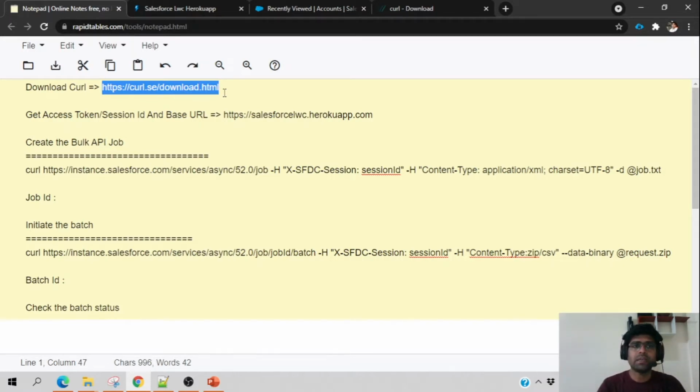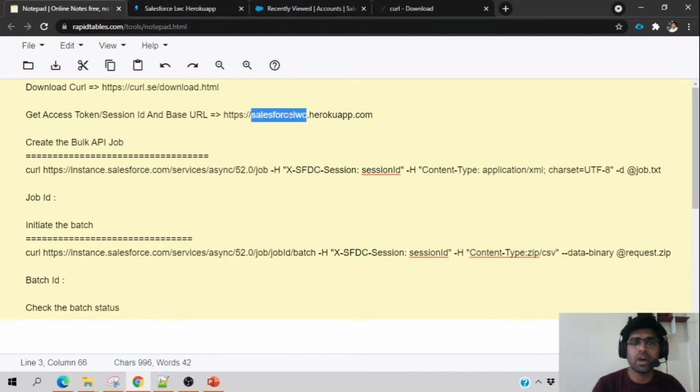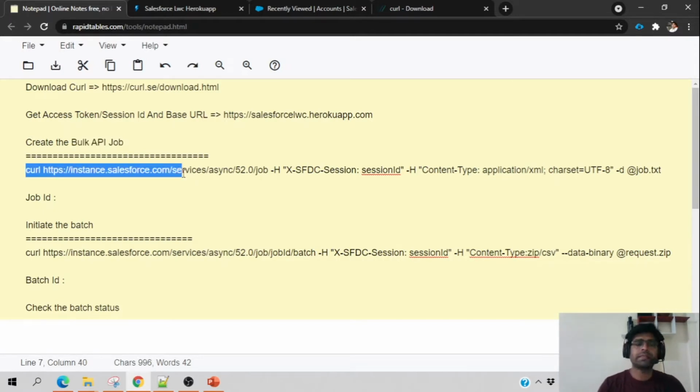For that, we'll use salesforcelwc.heroku to generate the access token and the base URL. Then we will see how we can create a job using the curl command so that it will return the job ID. With that job ID, we can insert the file into the Salesforce system.